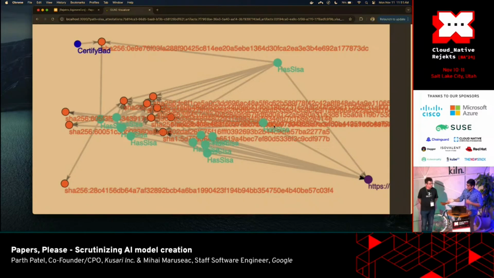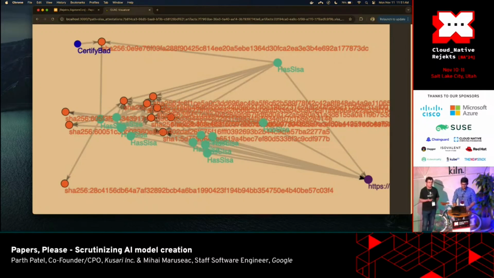if the data set was poisoned, how do you quickly determine which models are affected, and then what do you need to go remediate, right? It's kind of the same example as the log4j example you've heard continuously. How do I know where log4j is in my environment? If I can map it out properly, then I can just query for it, and I can find, yep, here are my different software that are affected in production or whatever else. The same kind of concept here. How do I know if this data set is affected, and then which models are, if I'm using it in production or whatever else, how do I know if they're affected?